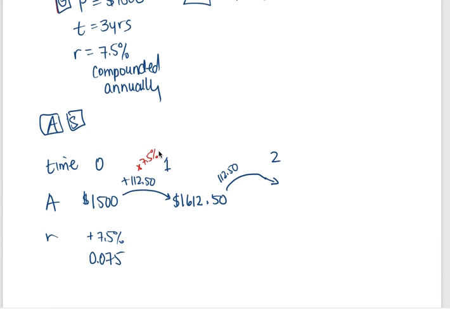So if we do that, so $112.50, if I multiply it by 0.75, I'm going to get $8.44. Okay, $8.44. Okay, so if I have $8.44 plus my $112.50, and then I add it to the original amount that I have, I will now have